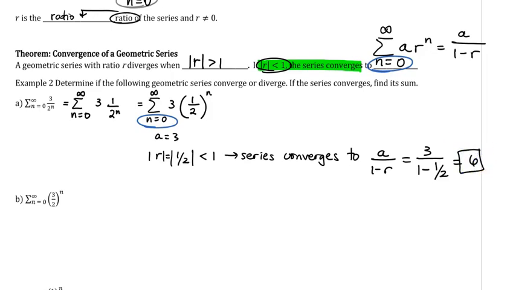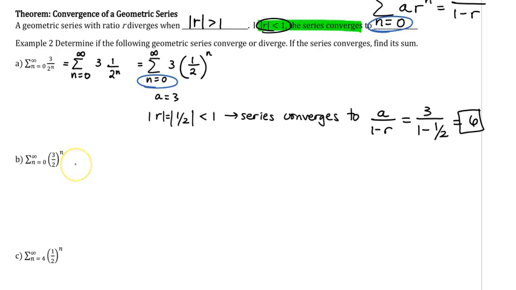Example 2b starts off already set up to look like a geometric series. Just from looking at that, I can see that a is equal to 1 and r is equal to 3/2. When identifying r, it's important that r is everything that has the exponent of n applied to it. That's why I take the time to write it with this form so you can clearly see r is everything that has the exponent of n applied to it. In this case, r is 3/2 and its absolute value is a positive 3/2, which is greater than 1. And so